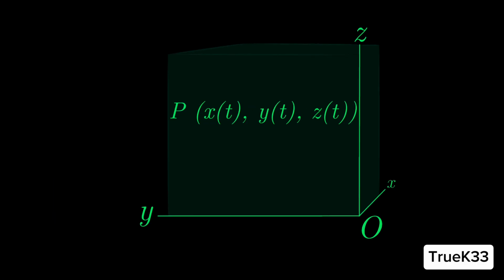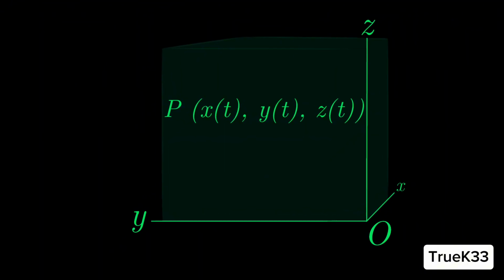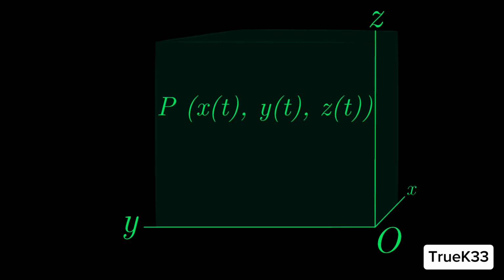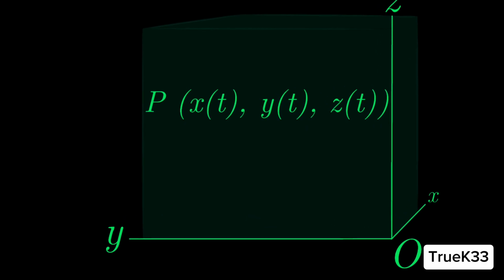To perform measurements, a frame of reference must include two fundamental elements: a spatial structure, an infinite set of points in space, and a time coordinate, so that every event can be assigned both a position and a precise instant at which it occurs. Without these elements, we cannot meaningfully discuss distance, position, velocity, or any related quantity. In fact, measurements themselves do not exist without a frame of reference. Terms like left, up, or fast are completely meaningless.